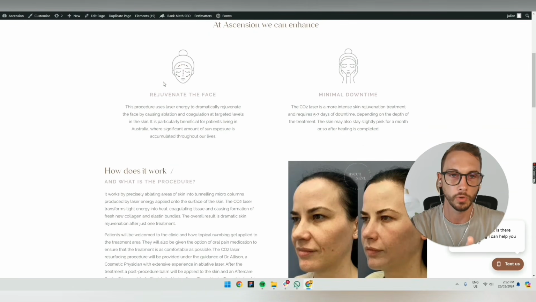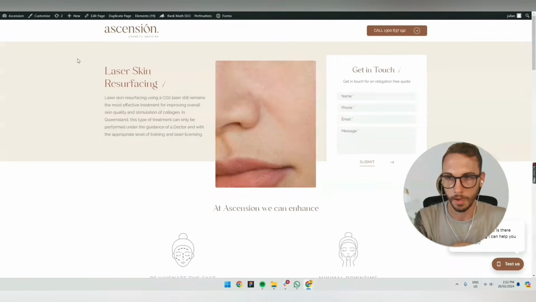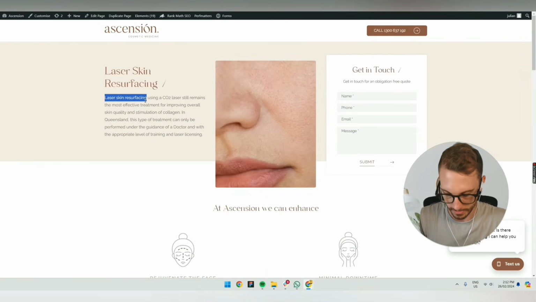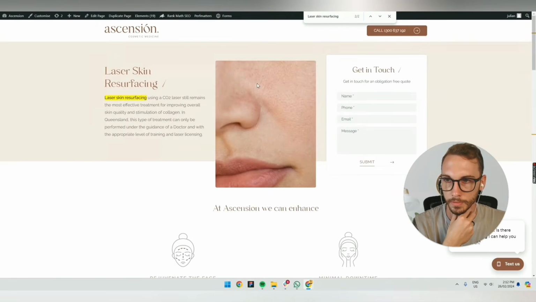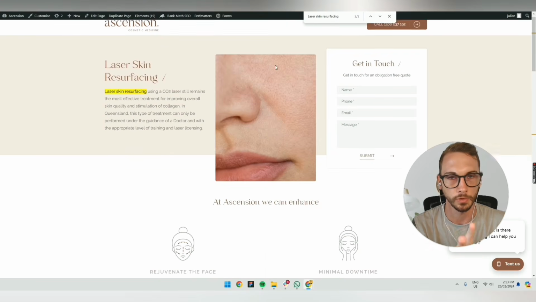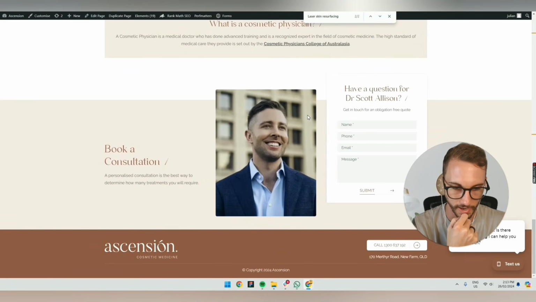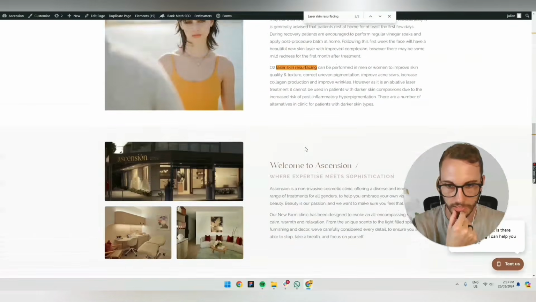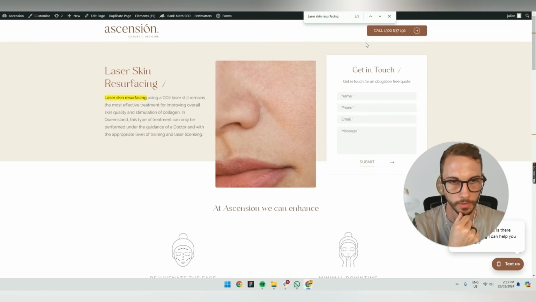So we can improve the quality score simply because we can improve the actual ads themselves, right? So have a laser skin resurfacing ad. I don't see any major hiccups with the actual ad itself with the quality scores for laser skin resurfacing. It is mentioned 2 times. Okay, 1. It's actually there too. I don't know why it's not picking that up. Super weird. So it's actually 3 times. And then we go through. The landing page looks great. But just going through the rest of it, and it loaded really fast for me when I did load it. So